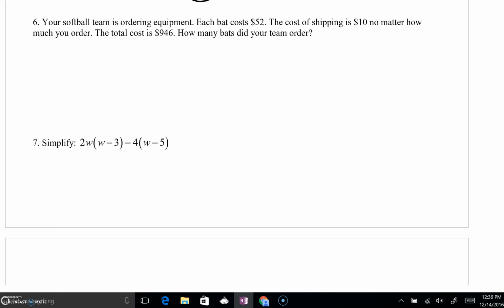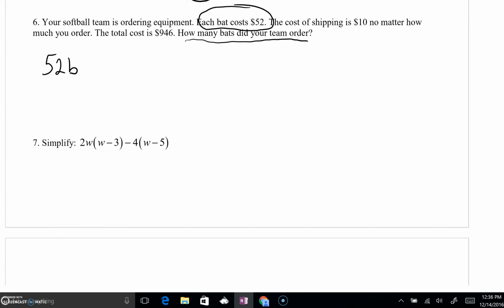Picking back up with number 6, we've got a problem involving a softball team. They're going to buy some bats. Each bat costs $52. We don't know how many bats the team ordered. In fact, that's the ultimate question here. So each bat is going to cost $52. It's 52 times B. If, for example, the team bought 7 bats, you'd multiply 7 times 52 to get the